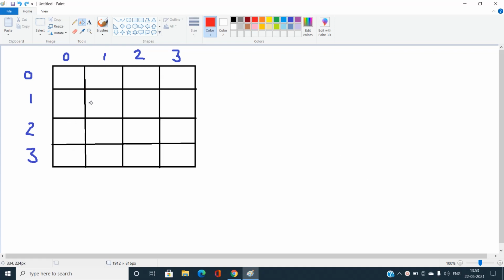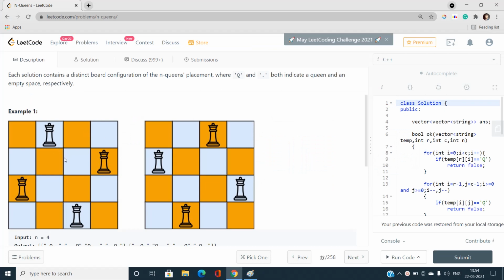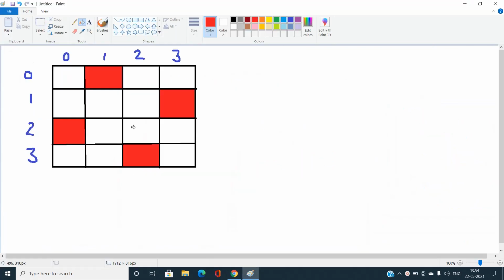Okay, so let us say I've put a queen over this position. Starting from the zeroth column, this position, then this position, you can easily see these are not crashing. Then can I put a queen over this position? No, I can't. Can I put a queen over this position? Yes, I can. Putting a queen at this position? No. Putting a queen at this position? Yes, it is good. You can easily see this gives a valid configuration. No two queens are attacking each other. You can easily see this is actually the configuration of this one, this, and this. You can easily see if I draw the lines.